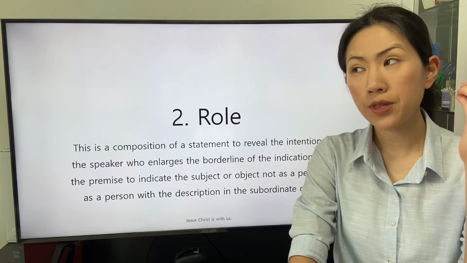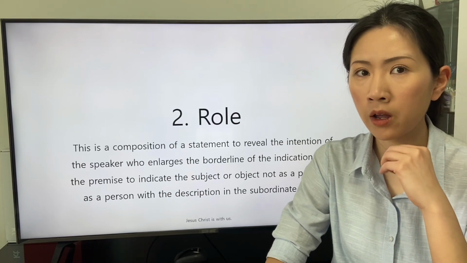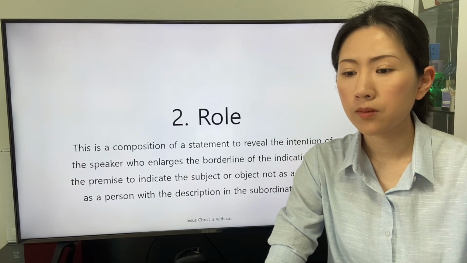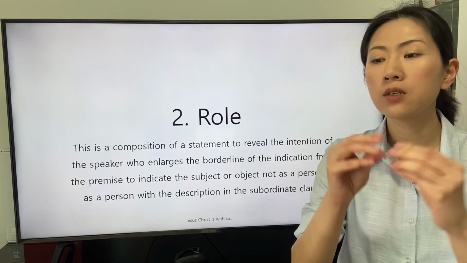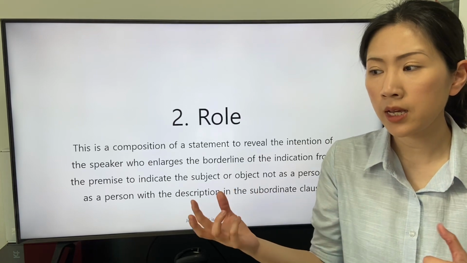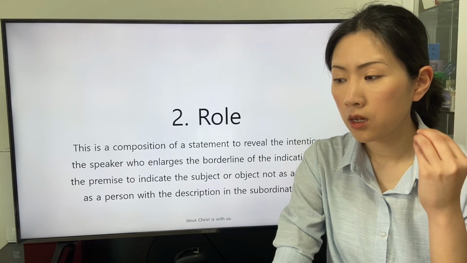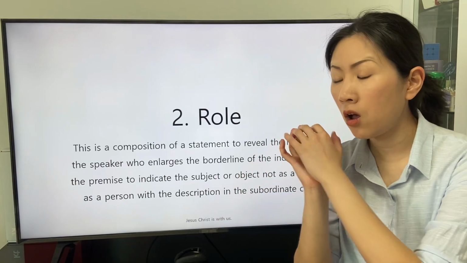Let's think about the subject eraser. As we both agree that the general noun eraser is applied to indicate a subject,